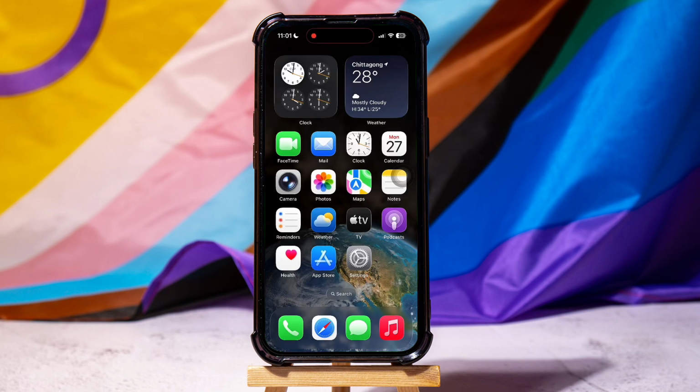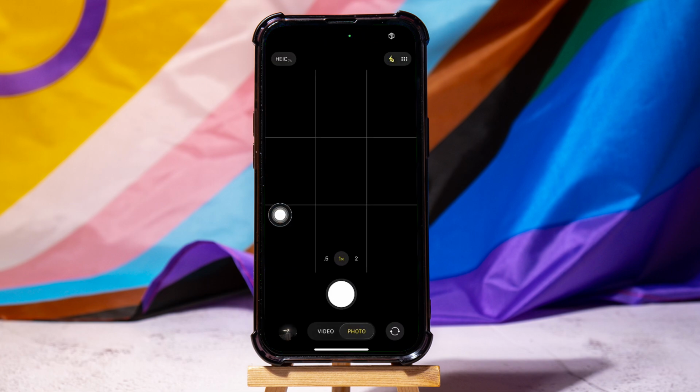How to lock the exposure on iPhone. To get started, first of all go ahead and open up the camera application on your phone. Here, you can choose different optical lenses which let you change the field of view and zoom level of your